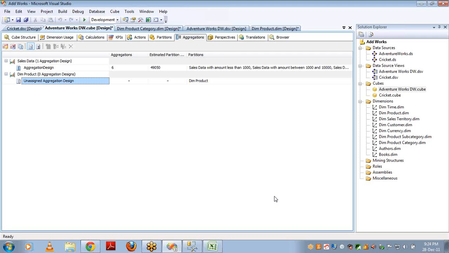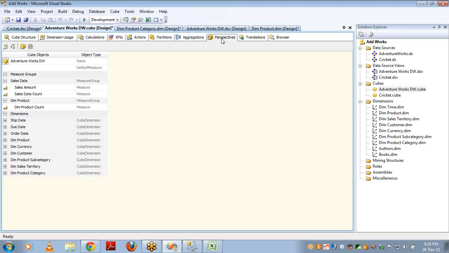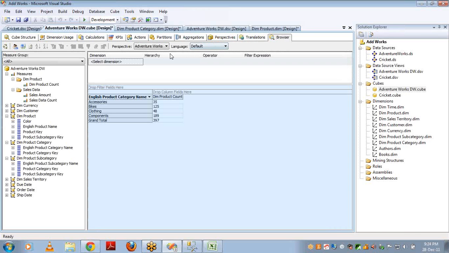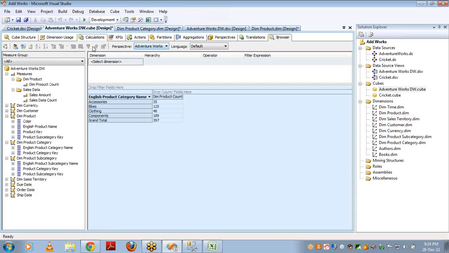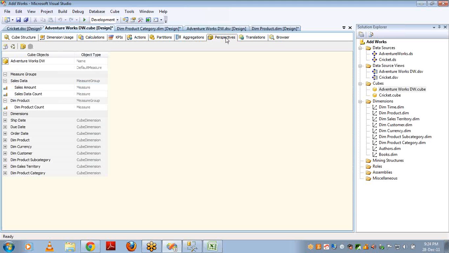Okay, this is about aggregations, and let's look at the tab Perspectives. When browsing the cube, it is showing the perspective name. Even though this is the cube name, it is not showing as a cube name, it is showing as a perspective name. So what is a perspective? By default, there will be one perspective created